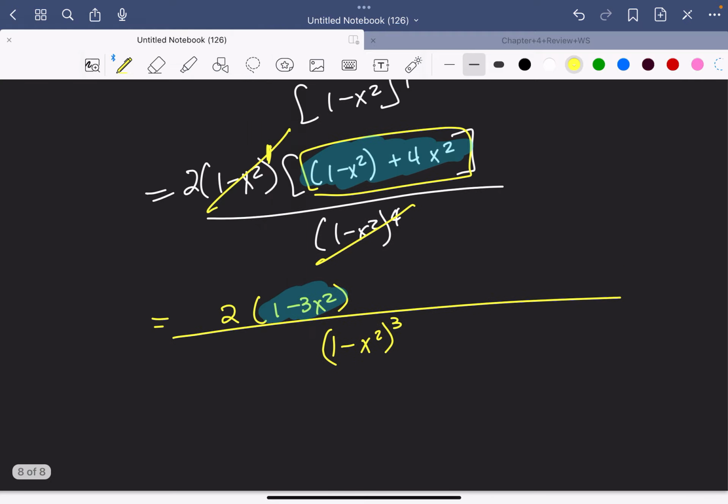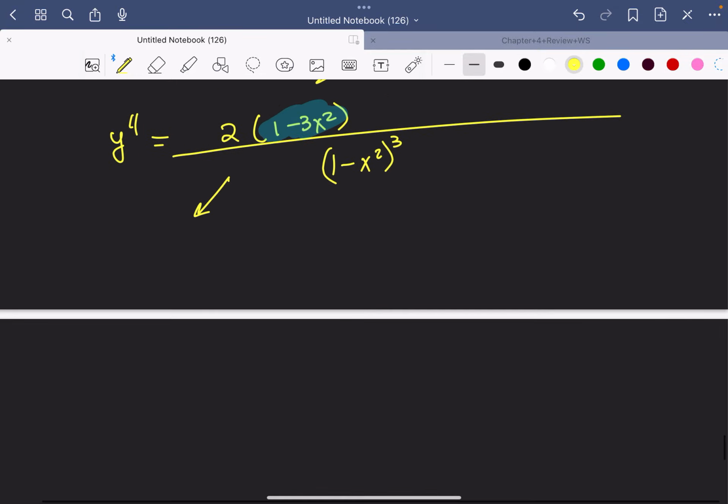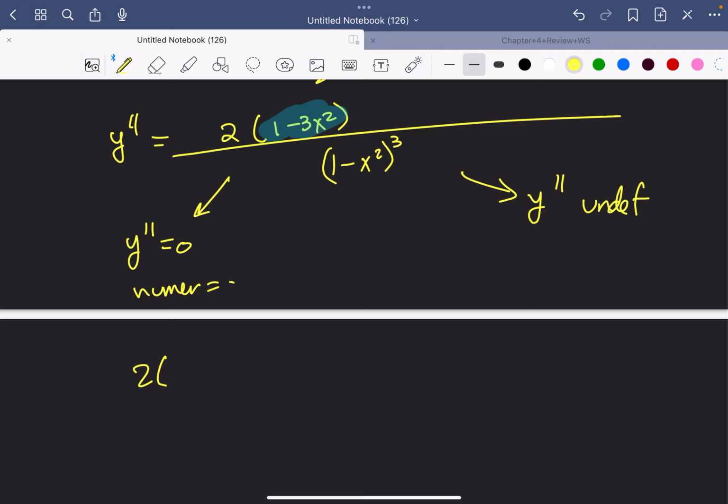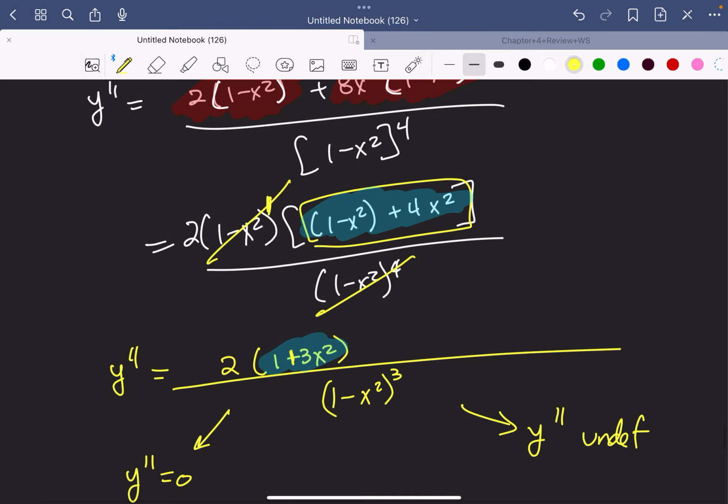So if that is our second derivative, then we now have two things to do. Take the second derivative, set it equal to 0, find out where the second derivative is undefined. Second derivative equal to 0, the only way that a fraction can be 0 is if the numerator is equal to 0. So we have this, but don't forget that's not minus, that should be plus,